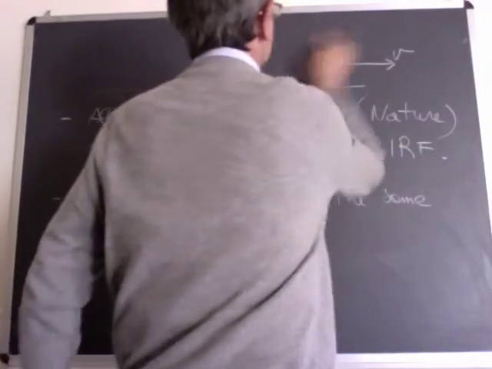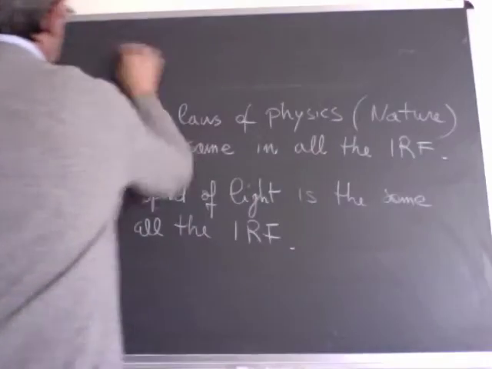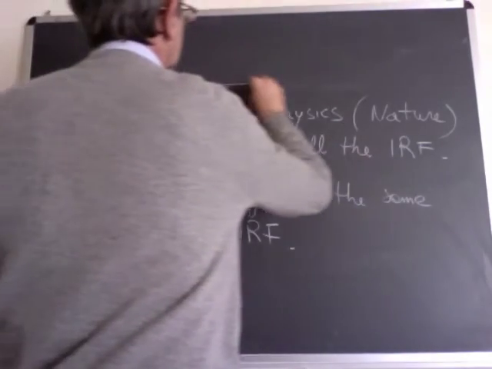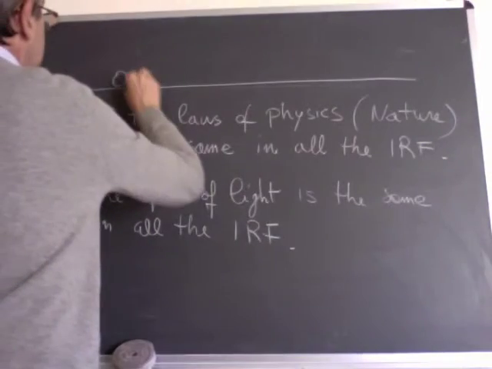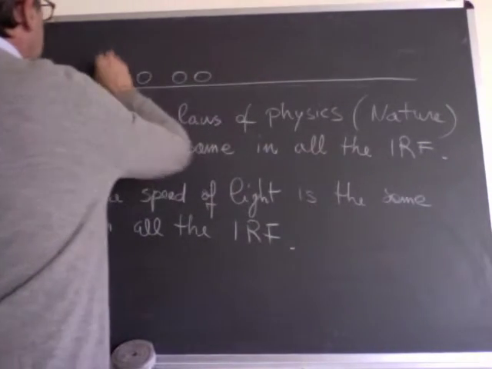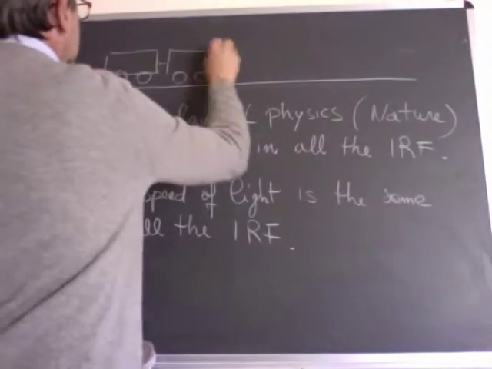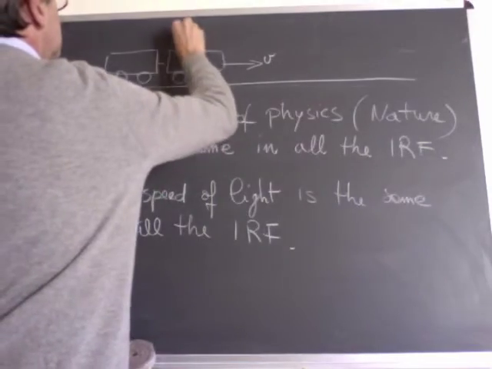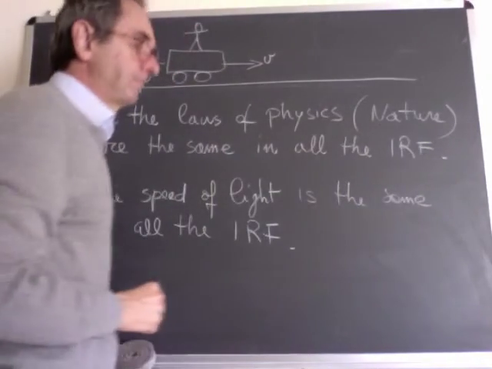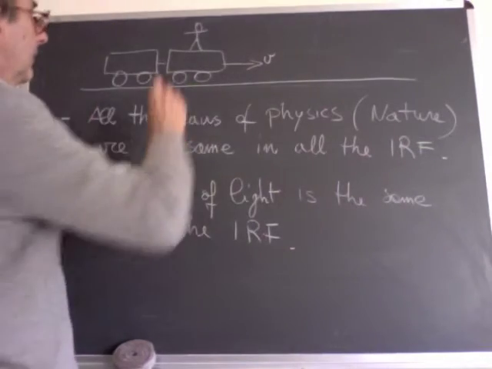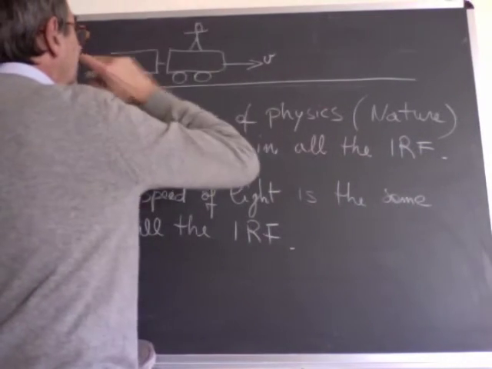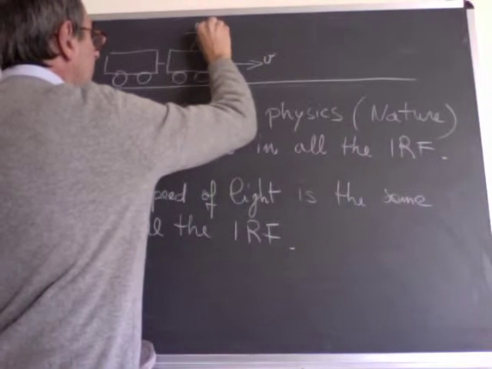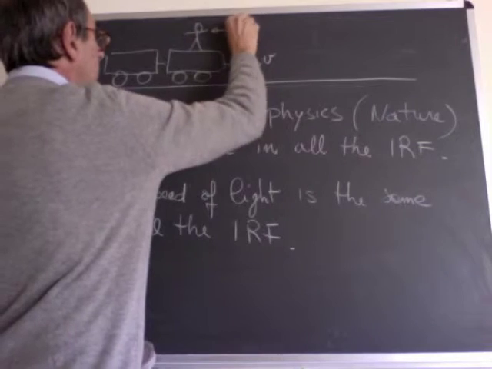Suppose that we have our train traveling in this direction with velocity v, and suppose that our man on board throws, in the same direction of motion, an object with velocity u